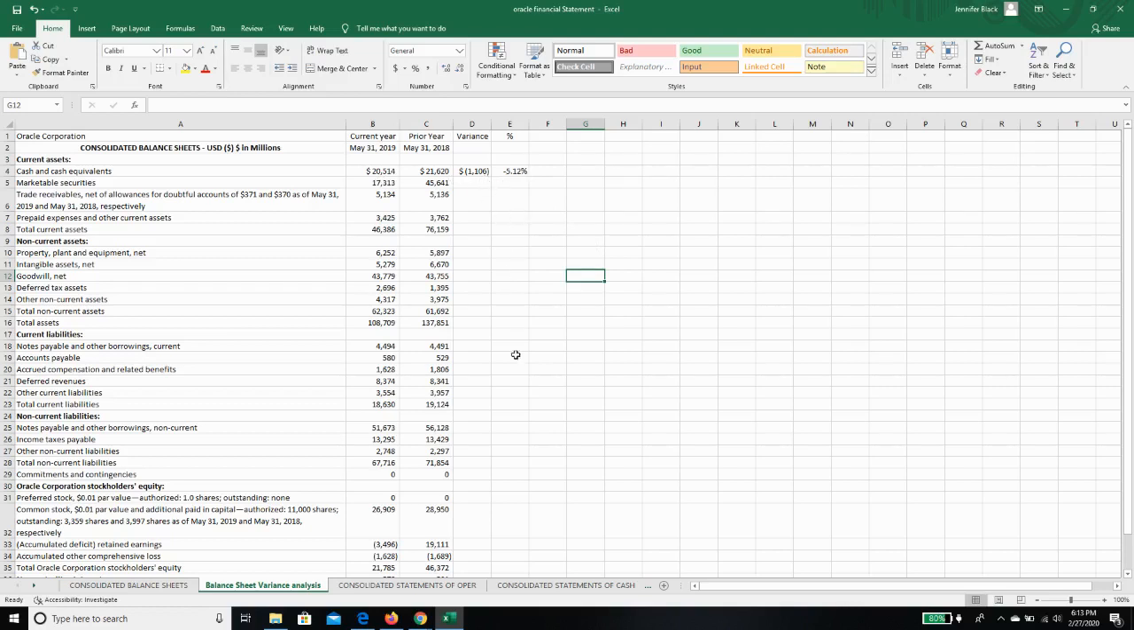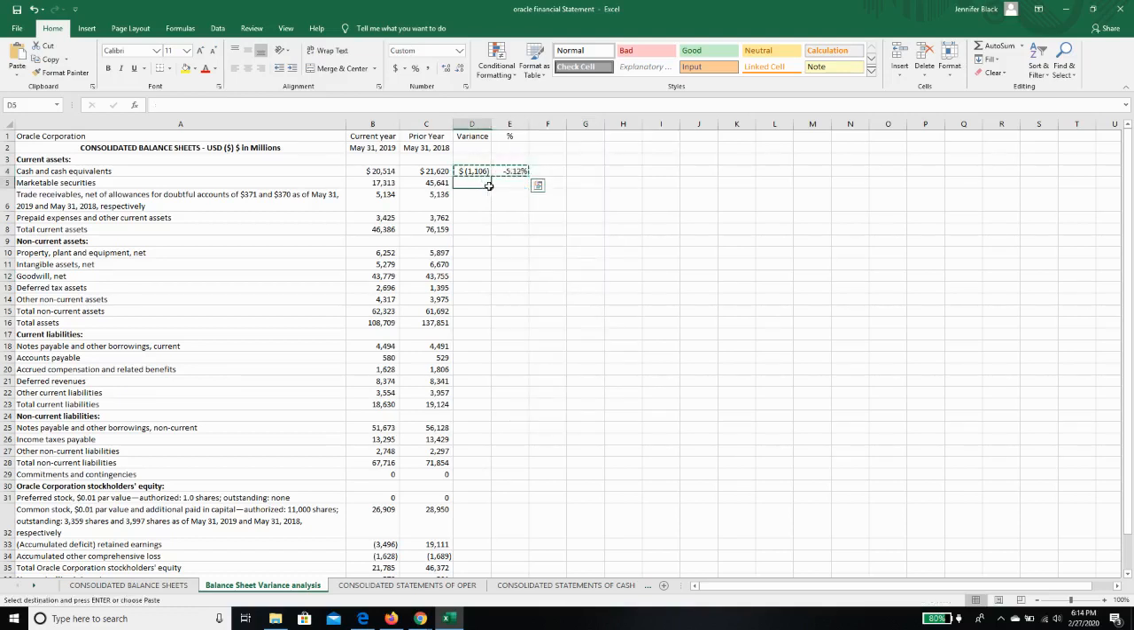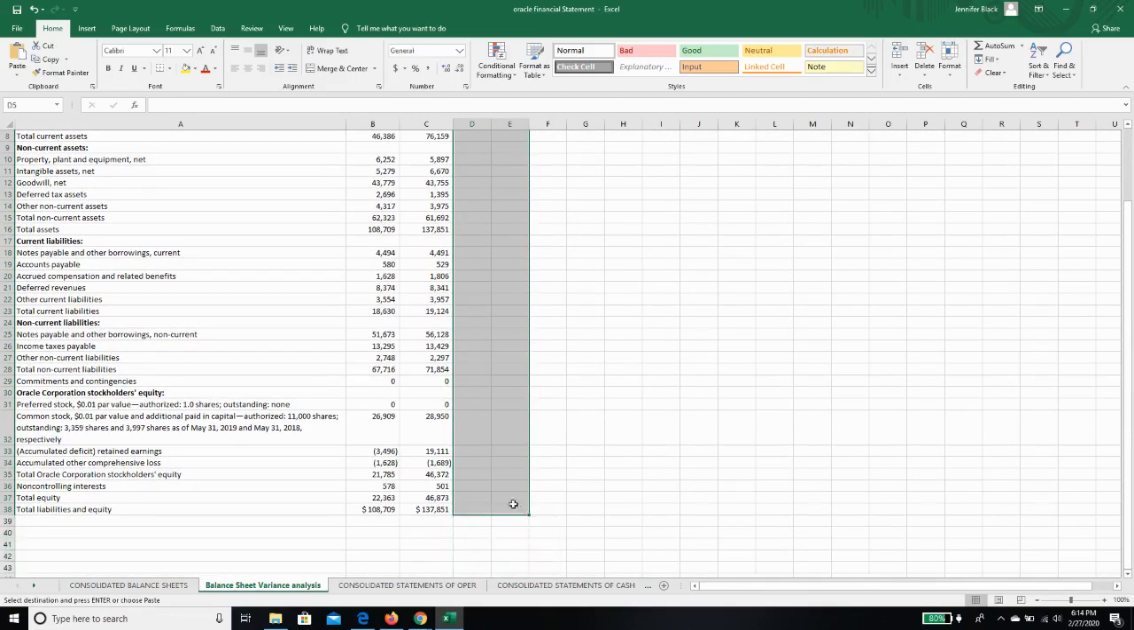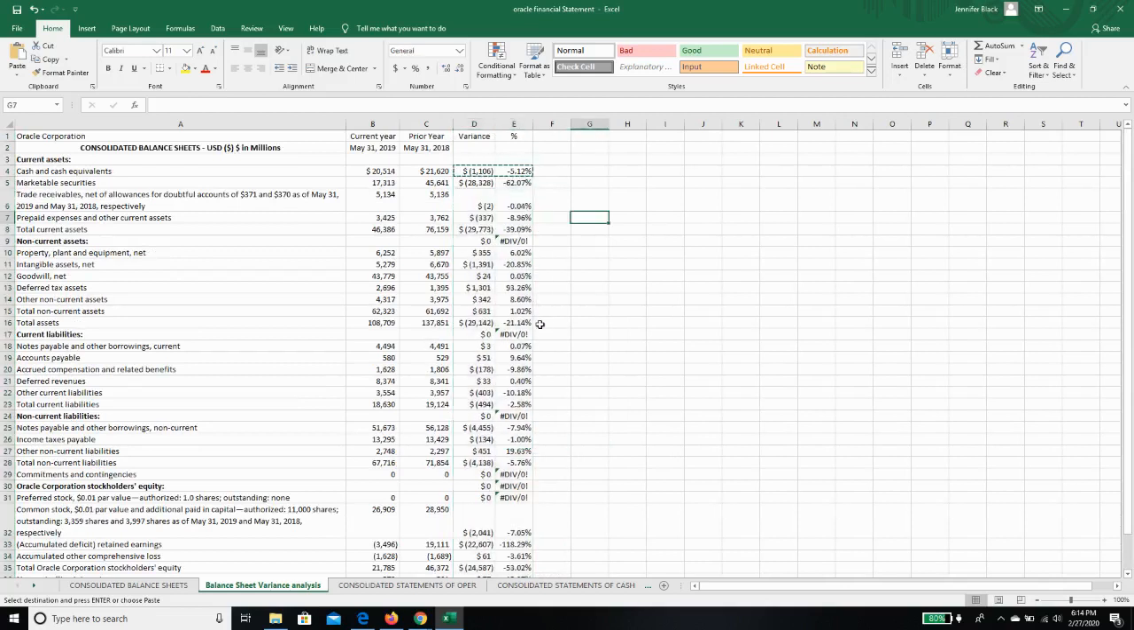Okay, now I want to do the same thing for all of the other line items. But rather than retype that formula a bunch of times, I can just highlight cells D4 and E4, right-click, copy, and then highlight where I want it to go, right-click, paste. And now I have my formulas. You can see Excel knows I'm going down a row, so in cell D5, my formula is plus B5 minus C5,